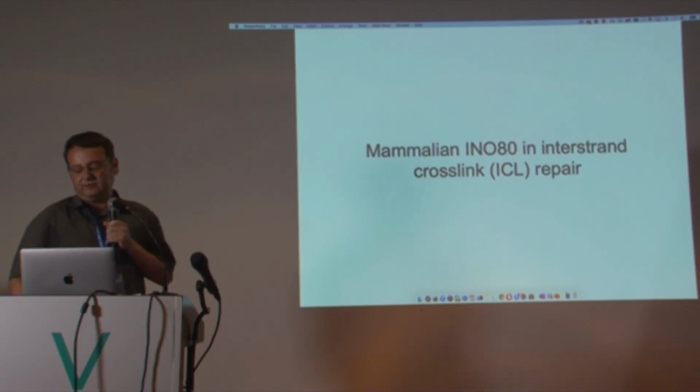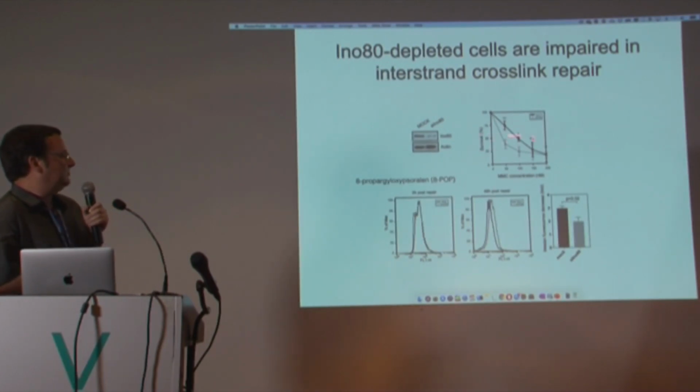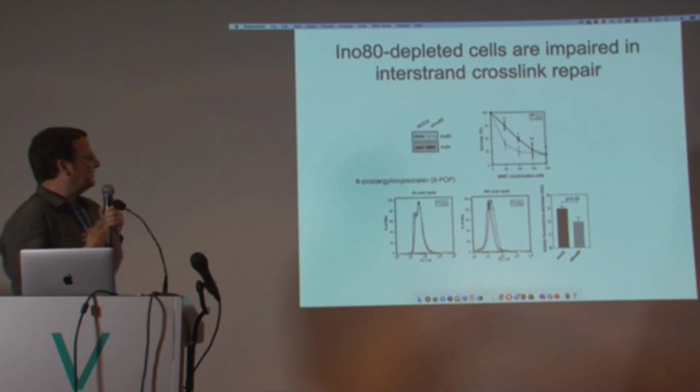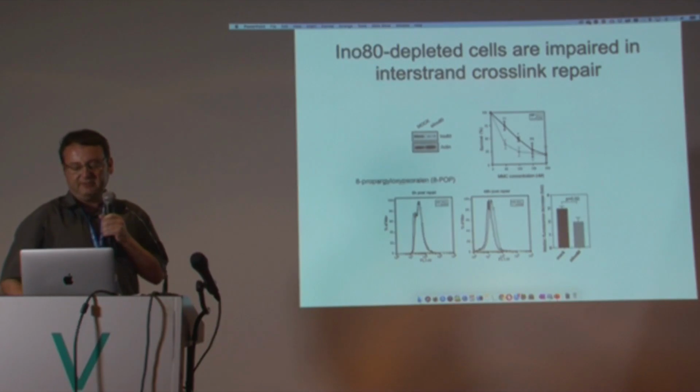in interstrand crosslink repair. So again, by clonogenic survival, we saw that INO80 depleted cells were more sensitive to mitomycin C, and the removal of a crosslinker called 8-POP, which is a clickable crosslinker, so you can follow the removal of the lesions by click reaction, is also impaired in these cells. You see that after 48 hours of repair, you have more lesions in cells that are depleted of INO80,